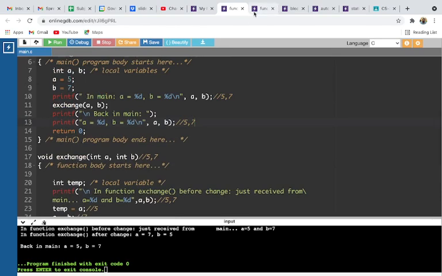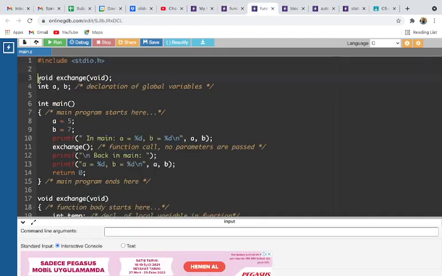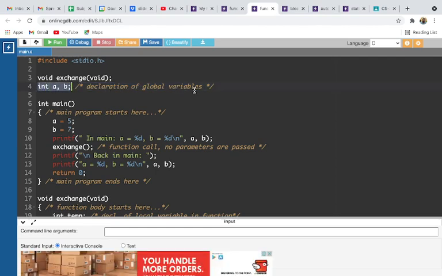Okay. Now this is a local variable. Now we can use a global variable. So we have declared the main function, and we have declared two variables int a and b outside the main function. These two variables are called global variables.